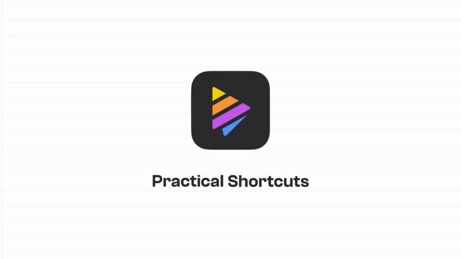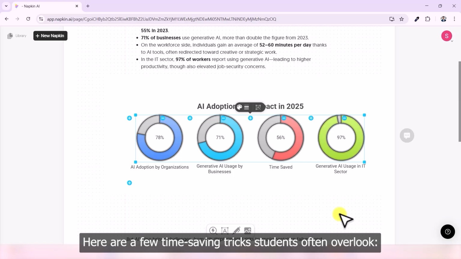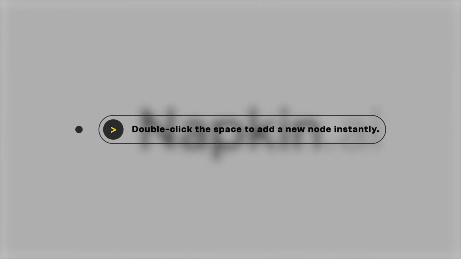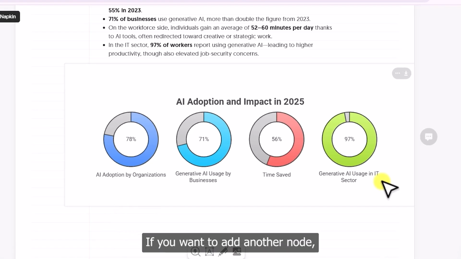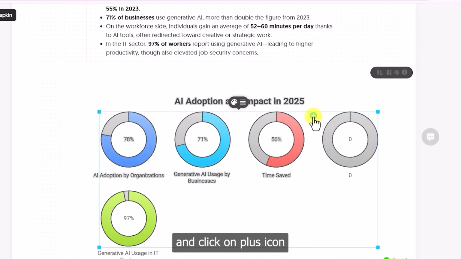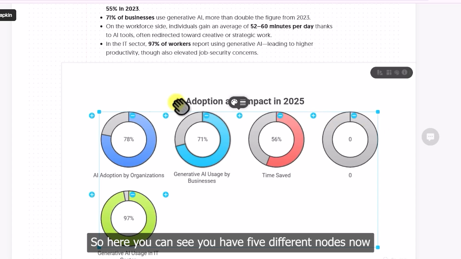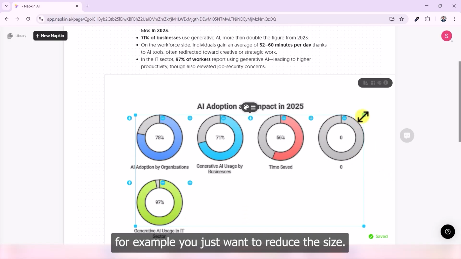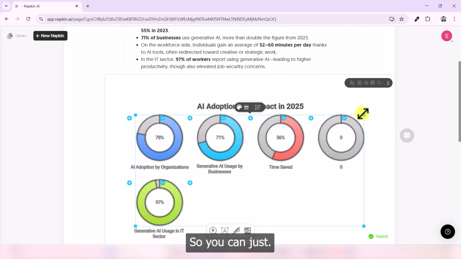Practical shortcuts. Here are a few time-saving tricks students often overlook. Double-click the space to add a new node instantly. For example, if you want to add another node, you can just double tap in here and click on plus icon. So here you can see you have 5 different nodes now. For example, you just want to reduce the size, so you can just